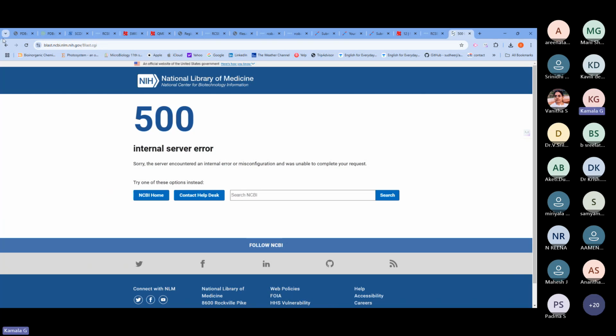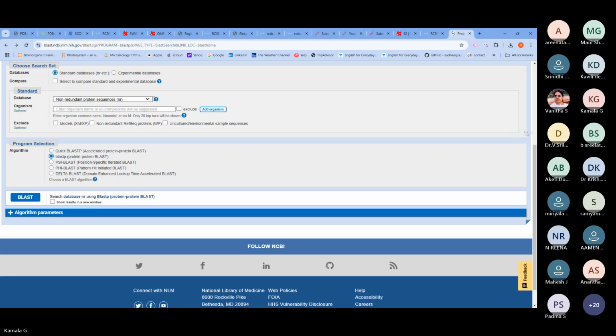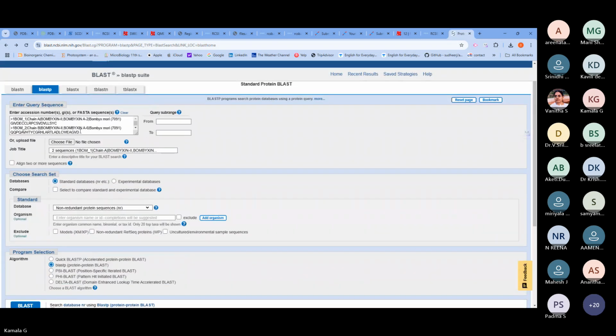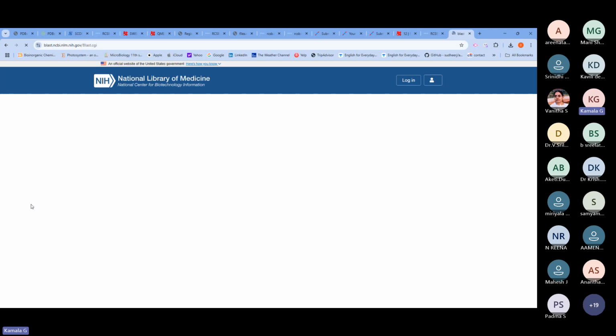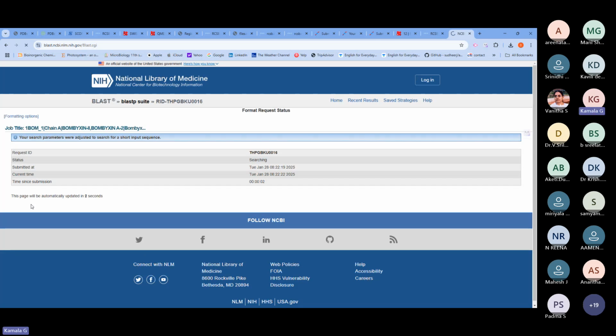Internal server error. What happened? So it is showing internal server error. Why? Because I just pasted the two peptide chains. A single peptide chain BLAST is simpler than multiple sequences, right? Okay, now I just do the BLAST. So by doing BLAST, I find out the similar sequences that are present in the